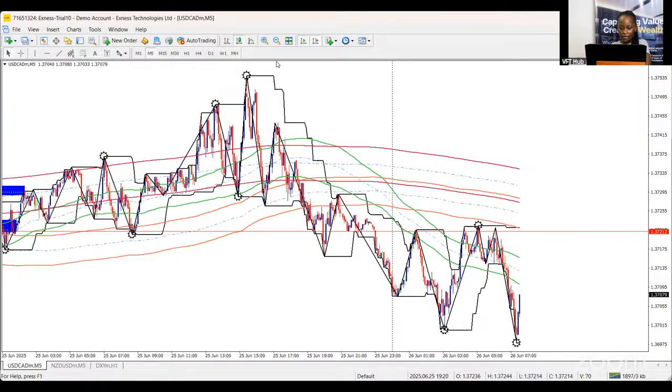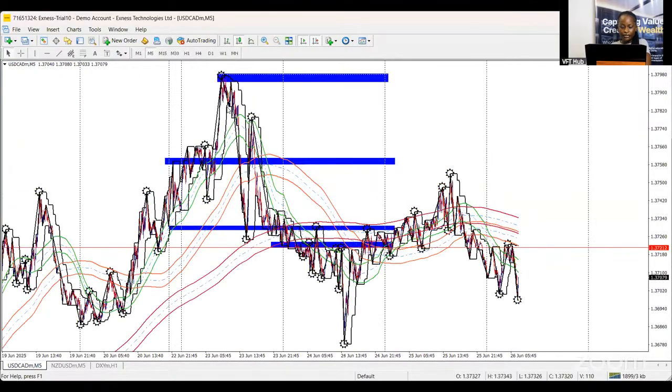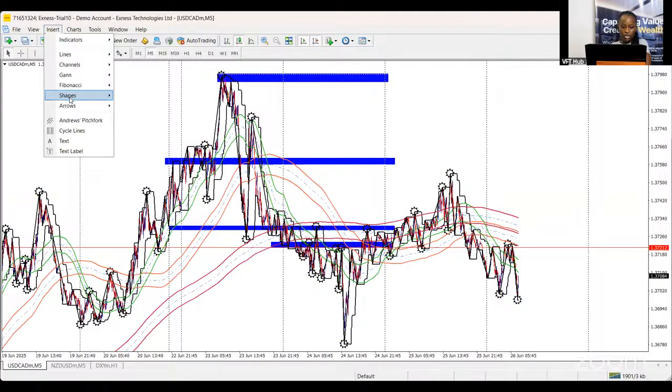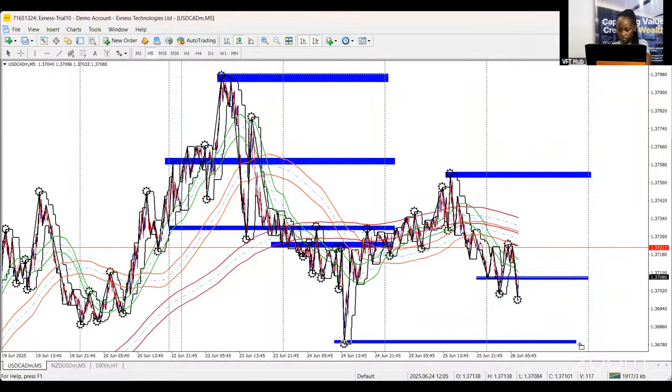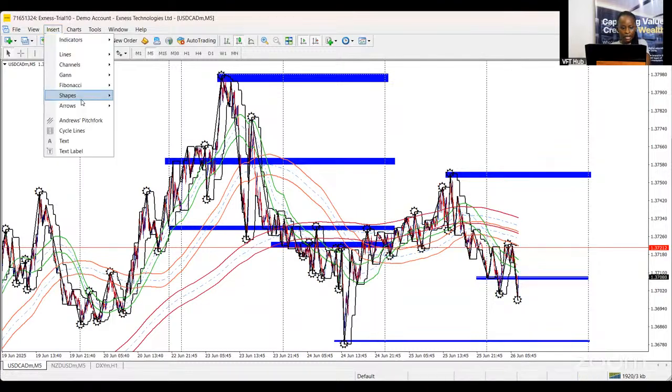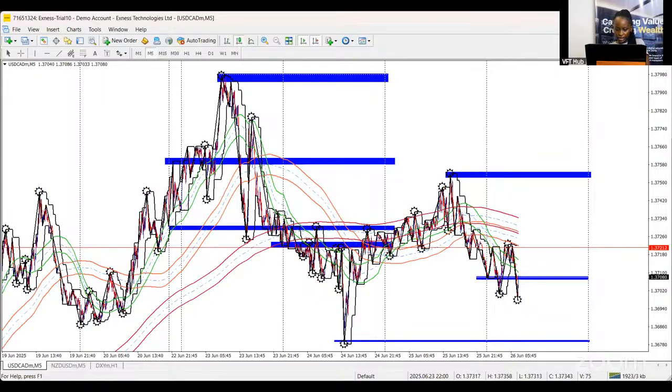On the M5 time frame, I'm going to go ahead and mark out the 4 basic levels that I always mark out, which are yesterday's high and low, day before yesterday's high and low. So yesterday's high, yesterday's low, day before yesterday's low, finally day before yesterday's high. I'm drawing it all the way into today's price movement. So these are now the zones we're watching out for.